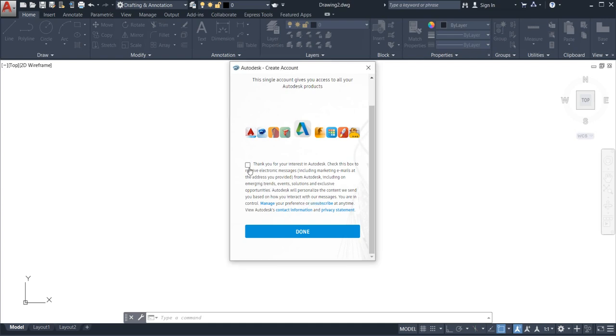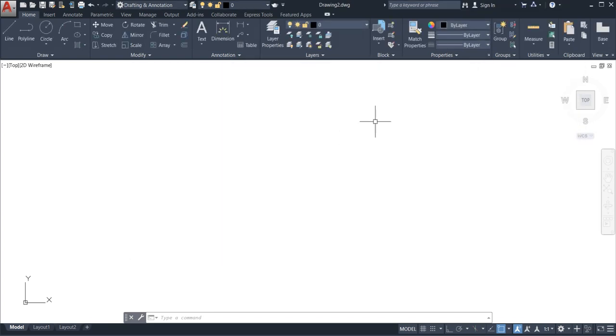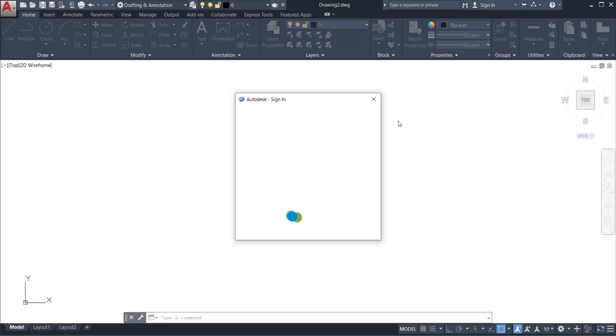Now go and tick it, and go for done. This one is not ticked, now it has been ticked. Now go for sign in, which means your account has been created.